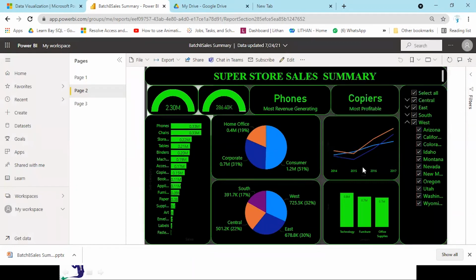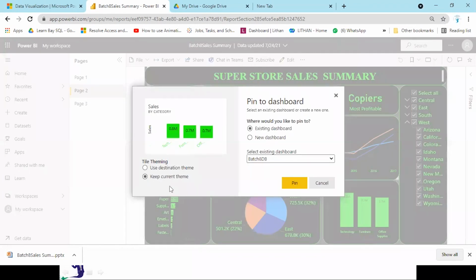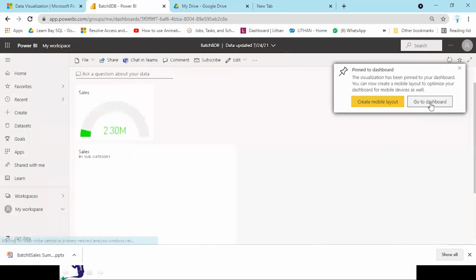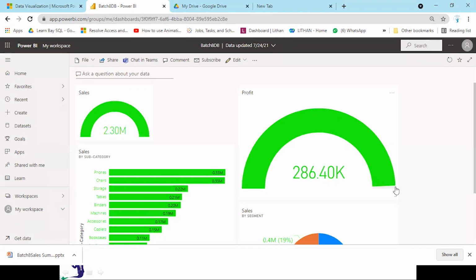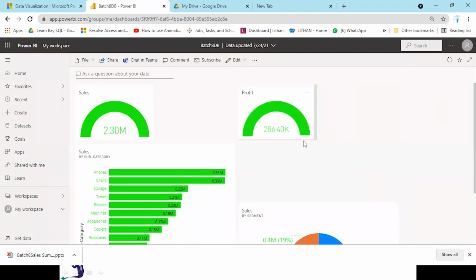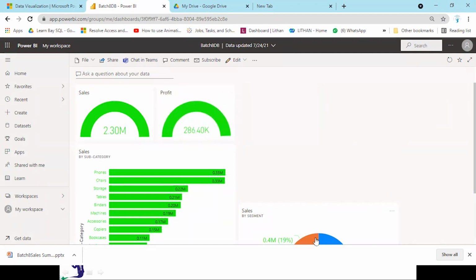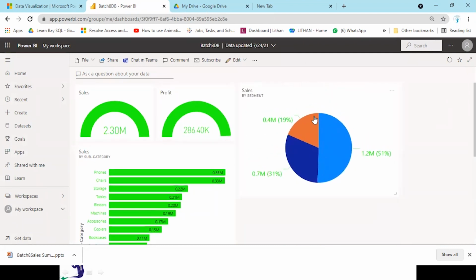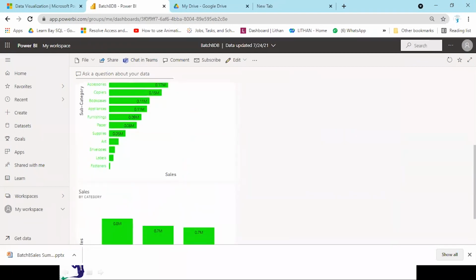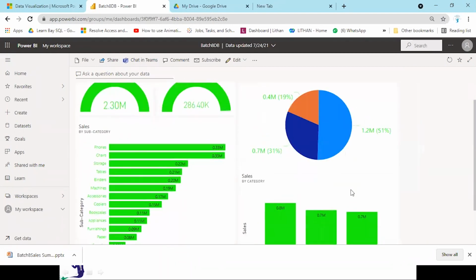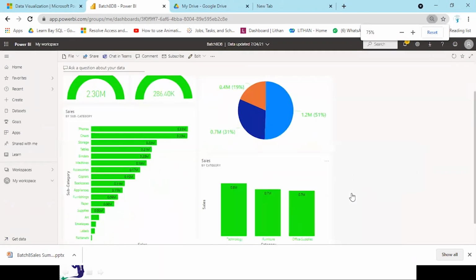And I will also take this pin and use destination theme, pin, and say go to dashboard. Now just resize these visuals. Here is what we have created.